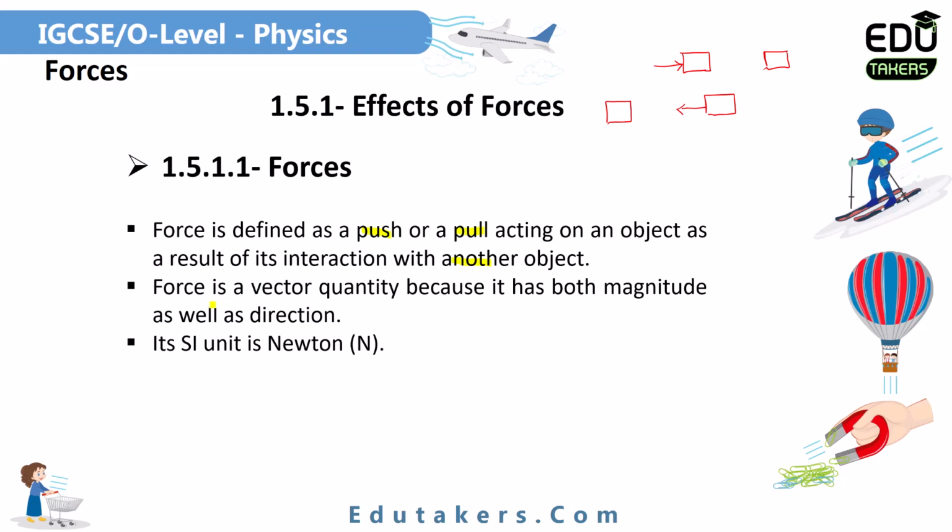Can you tell me whether force is a scalar quantity or a vector quantity, depending upon the direction of the force? So force is a vector quantity because it has both magnitude, unit, as well as direction. So I can simply say that when there is a direction of the force, it means that it's a vector quantity. See in this figure that I drew here. Here in the figure of this object, I drew two arrows. This arrow basically shows the direction of the force, in which direction the force is acting on the object. That's why force is a vector quantity.